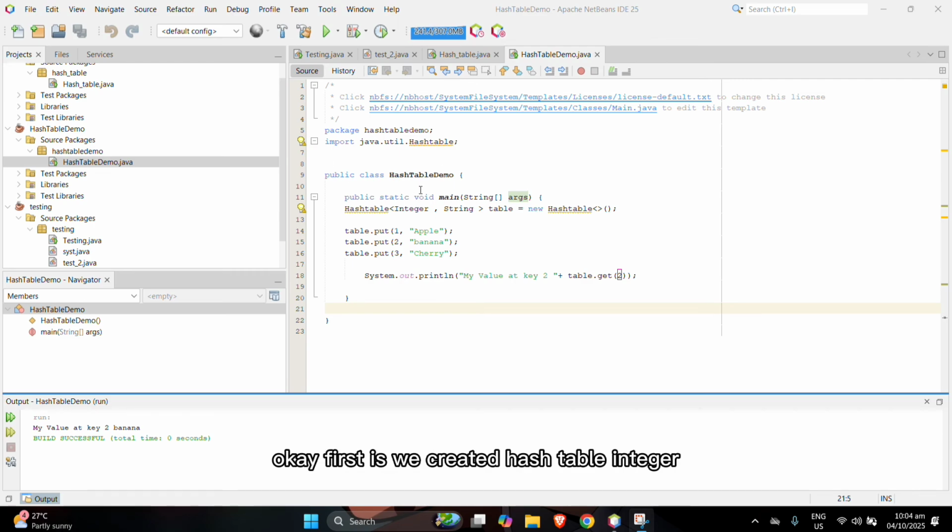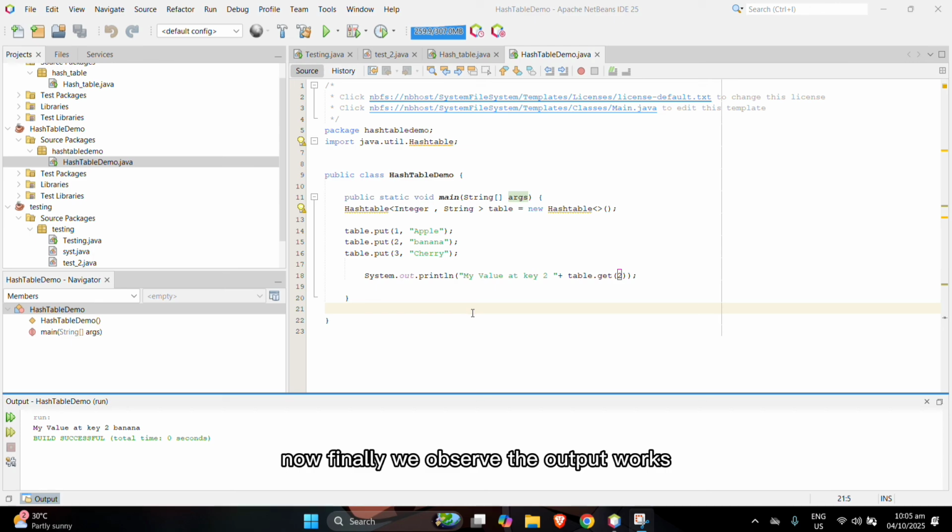First, we created a Hashtable of Integer and String to map numbers to words, after importing java.util.Hashtable. Second, we used put to insert the data, adding apple, banana, and cherry. Third, we used get to quickly retrieve the data using a key, like looking up banana at key 2.